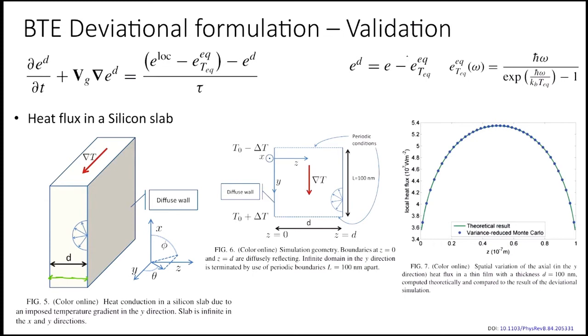Basically they were calling it a silicon slab of certain thickness D, and this D was not much, and the temperature gradient was applied in this direction. So the domain could be quite large in this direction, basically in the y direction. So you could approximate it as a periodic system where you take a small portion of it and you just treat it.